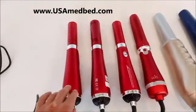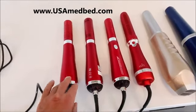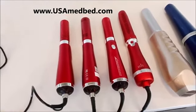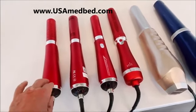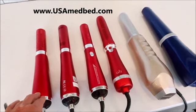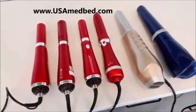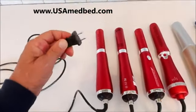Now, if you're on the internet, you're seeing wands out there that are in the 200, maybe 250 price range. It's more than likely going to be one of these. These are 500 watt wands, and the 500 watt ones are kind of your entry level. They do work, but the amount of power is going to determine how much time you have to spend using those. And the 500 watt ones are easy to tell because they have this type of a